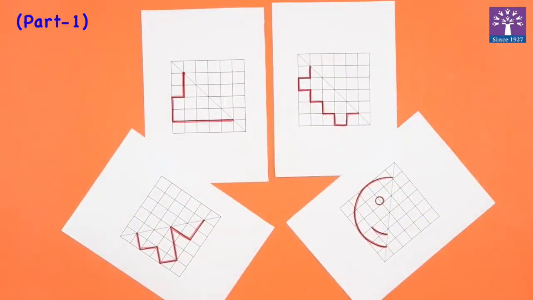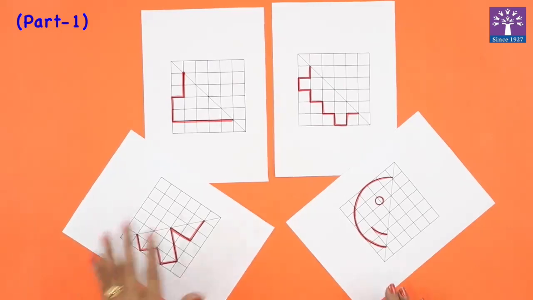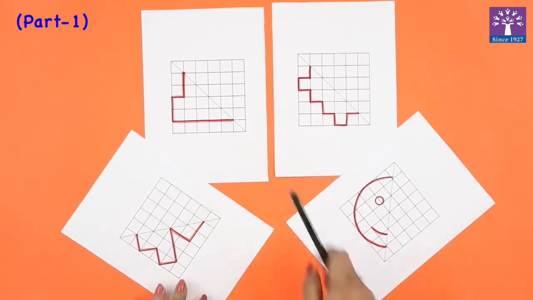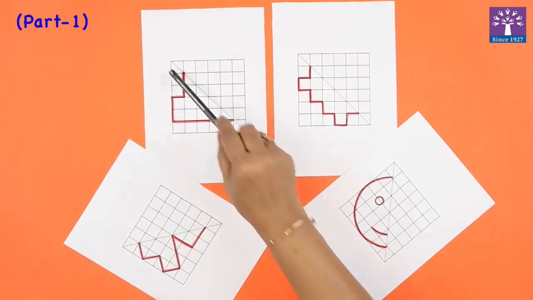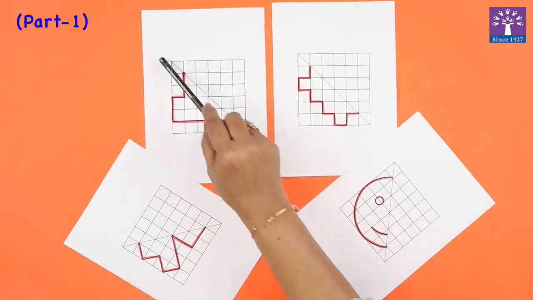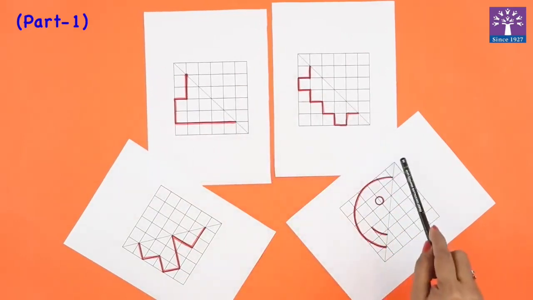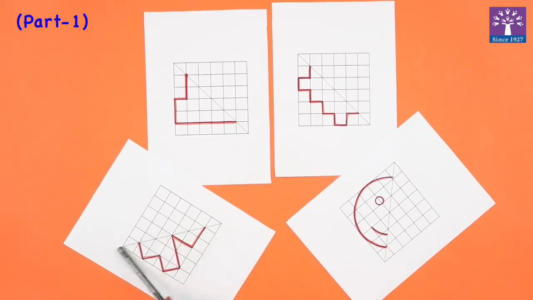Hello friends, our today's topic is symmetry drawing. As you can see, we have 4 pictures of some design or some line drawing on a grid. This square that you're seeing is called a grid, and this slant line or the diagonal line which is going across in each picture is the axis or the half or the center line of the symmetry drawing. We can call this the axis line or the center line.